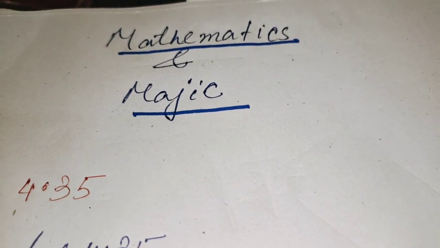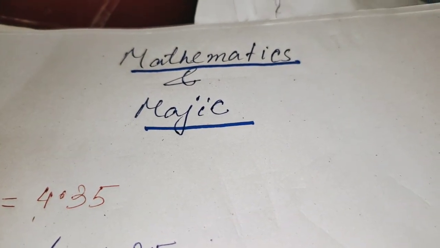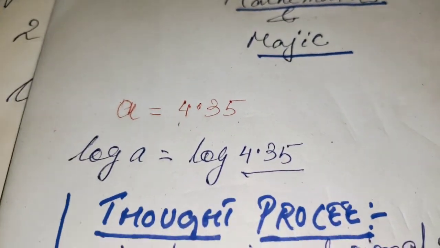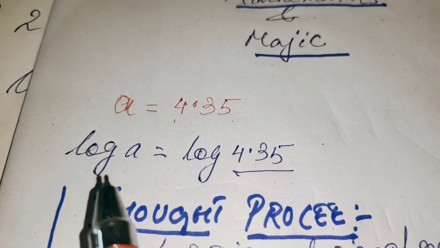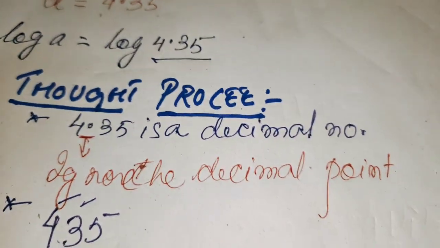Let us discuss today the second part of how to calculate the log of a number. Here we took a decimal number 4.35. Let us take log on both the sides. Then the thought process will come like this. First part is,